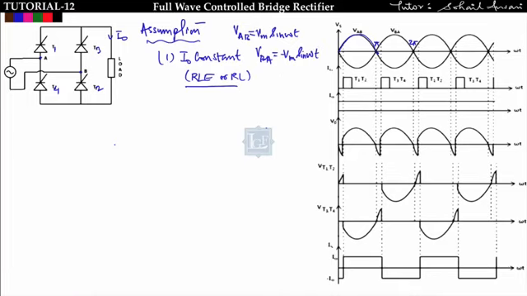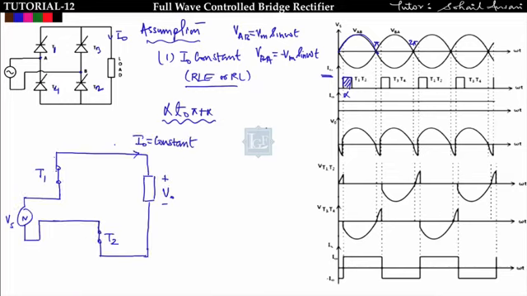So here the input supply is given, that is Vm sin omega t, and I am triggering thyristors T1 and T2. Thyristors T1 and T2 are this one and this one. I am triggering the thyristors T1 and T2 at an angle of alpha. Then what will happen? From alpha to pi plus alpha, at omega t is equal to alpha, I am triggering thyristors T1 and T2, which means T1 and T2 will start conducting from alpha. So the equivalent circuit will look like this. Here you can see that T1 and T2 are triggered at an angle of alpha.